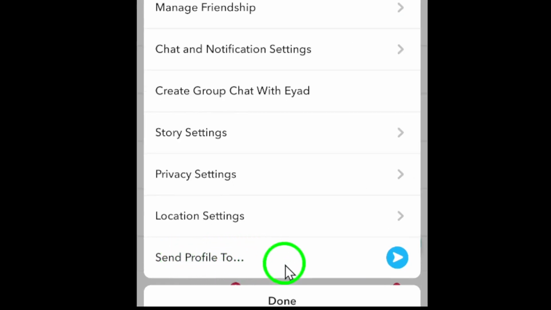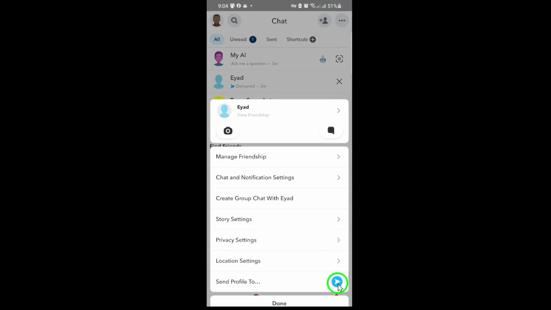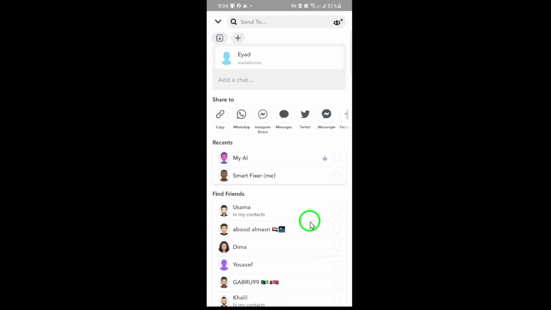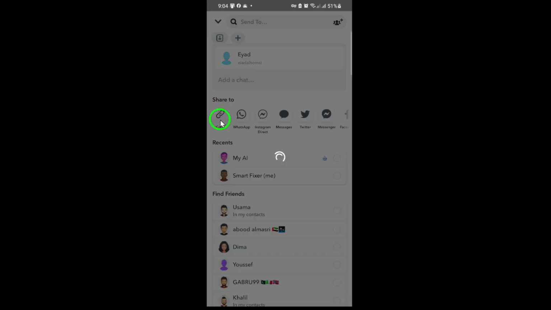Snapchat will prompt you to choose where you want to send your friend's profile. You can pick another friend, a group chat, or even share it through other apps, depending on what's available on your device. Once you've selected the destination, just hit Send. That's it. Your friend's profile is now on its way, making it easy for others to add them with a